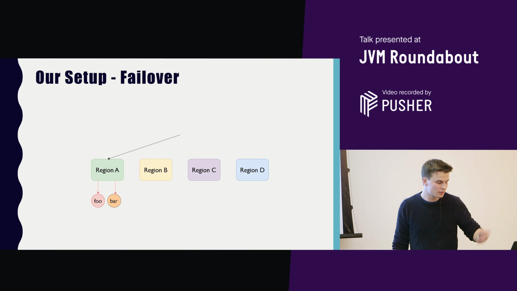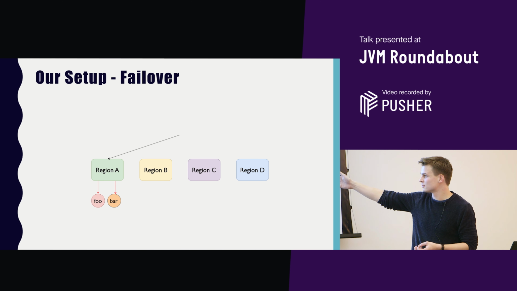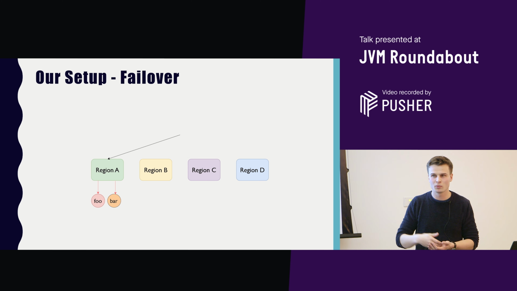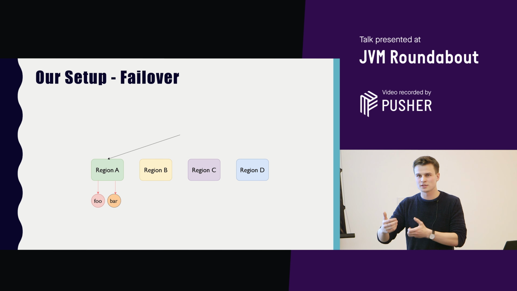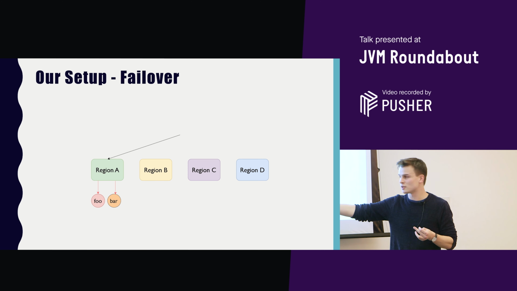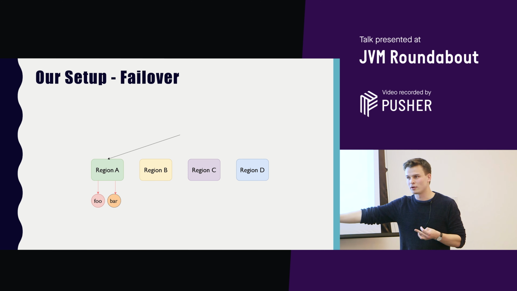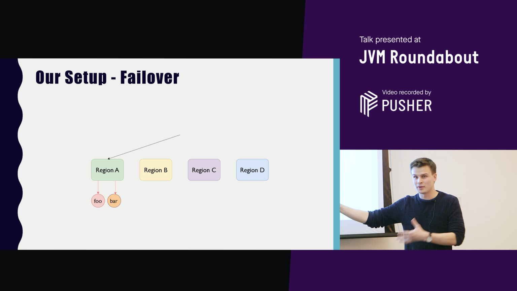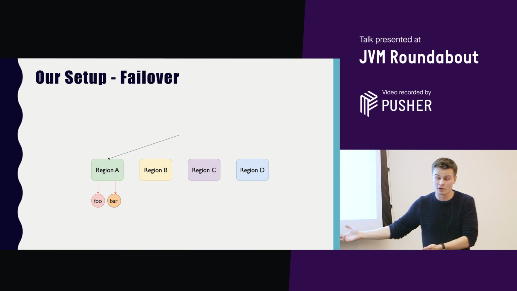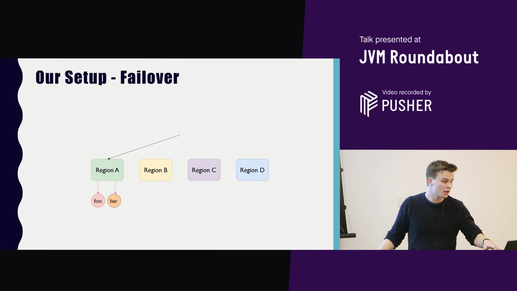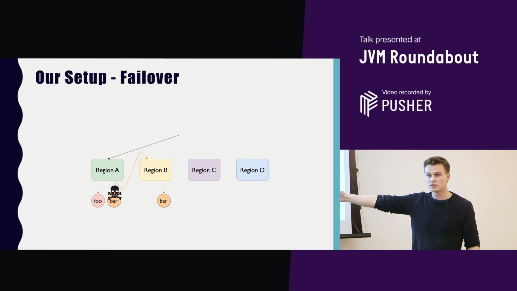Another request comes in to bar, and that request goes there. But say we've noticed that service is having issues right now. Someone's gone and deployed some code, and it's completely broken, and it's not going to be fixed in the next 30 seconds. So it's going to be a matter of minutes. We need to, a request has come in, we need to send it somewhere. We can dynamically send that request to another region.